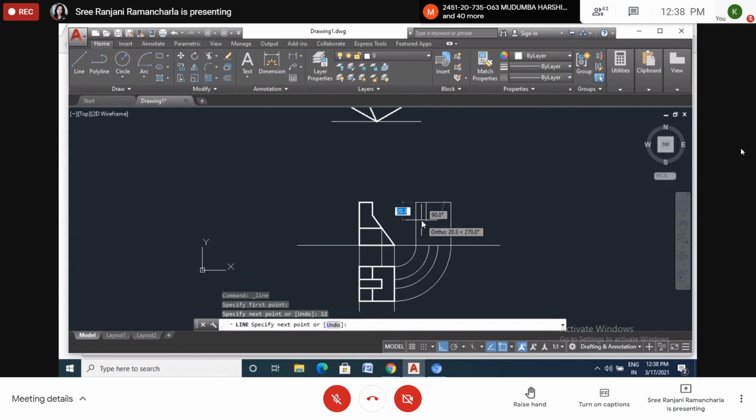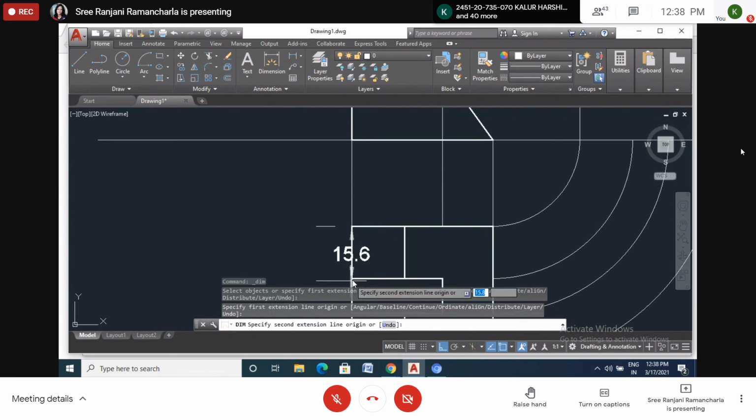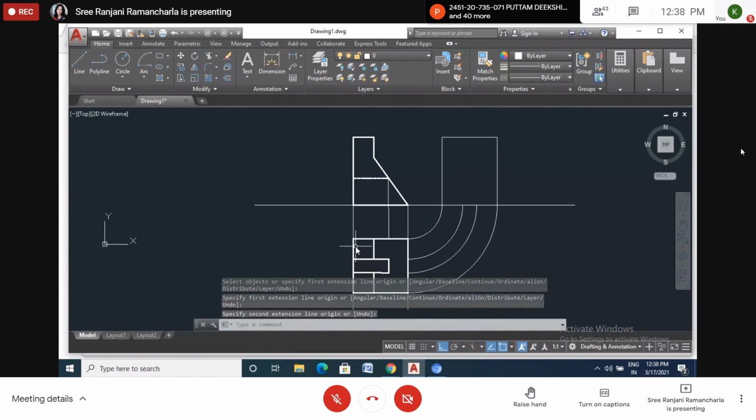Is it 12 or 15? This one is 12 or 15. This is 15 I have taken. This is not 15, we have to take 12. See the isometric view.